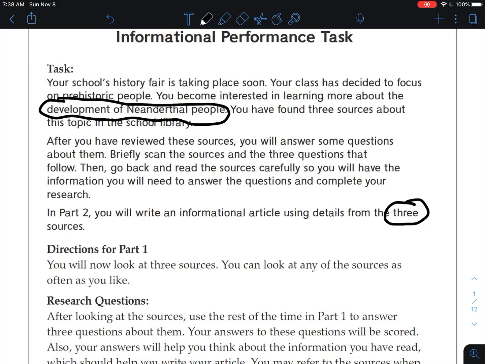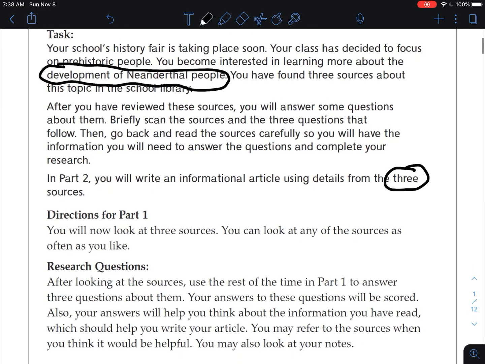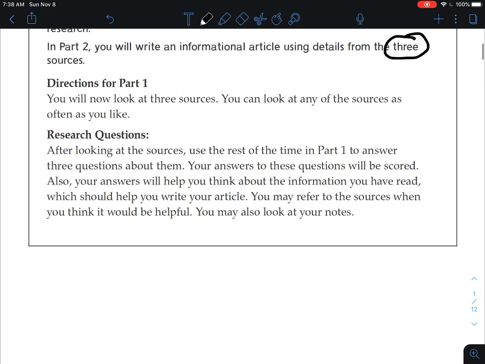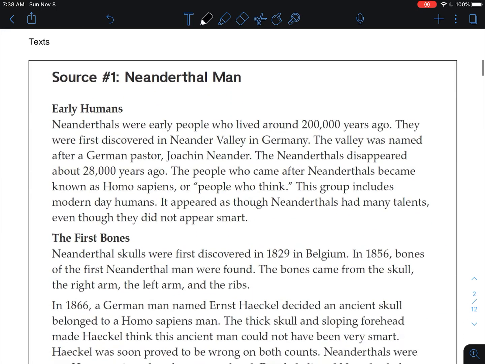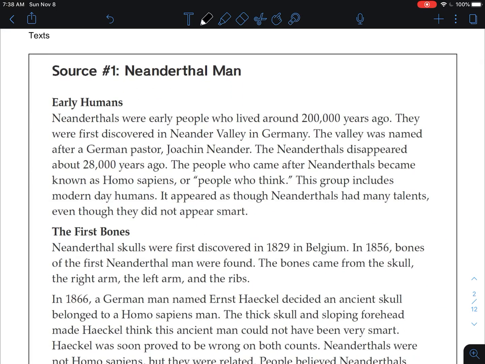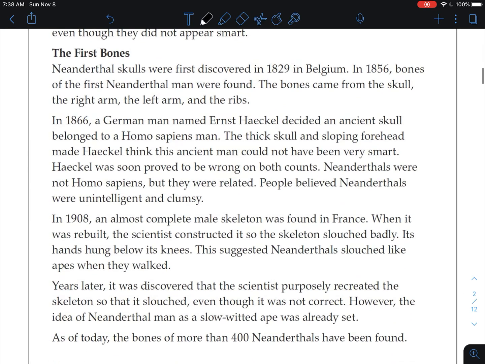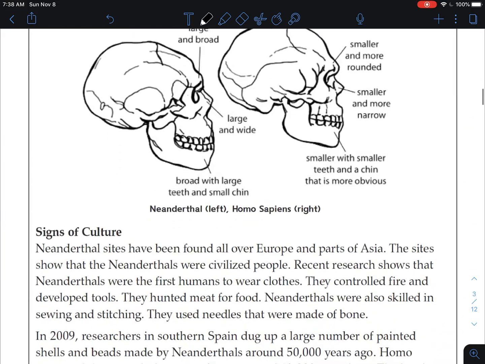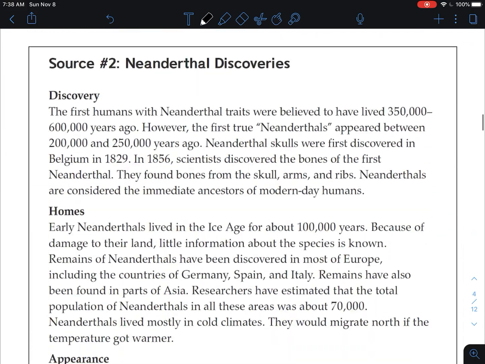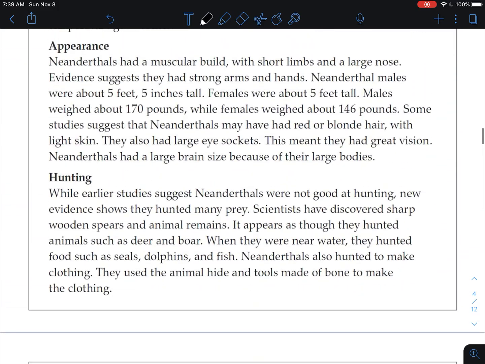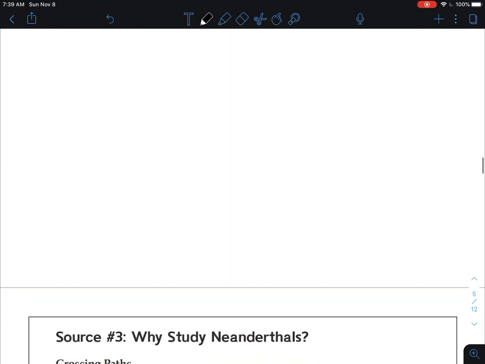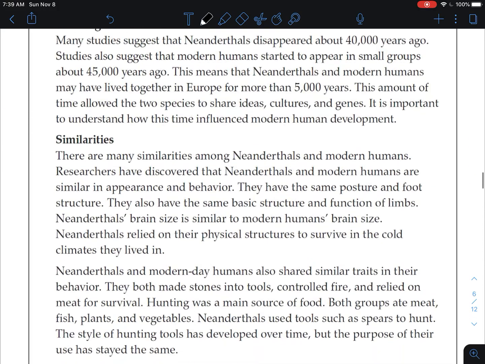Okay, so what we're going to be doing over the next couple weeks now is going through the entire process. So starting tomorrow, we're going to go through each source, and I'm going to be asking you questions about the information that we're reading in each source. Okay, and then